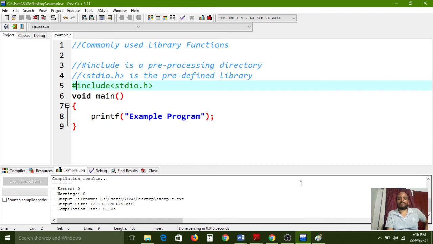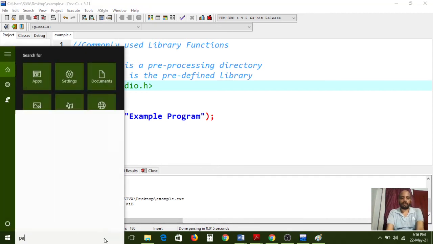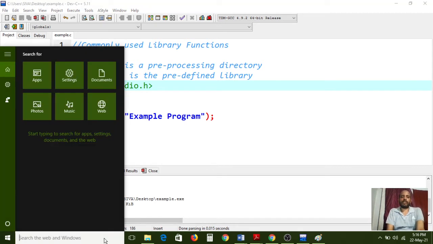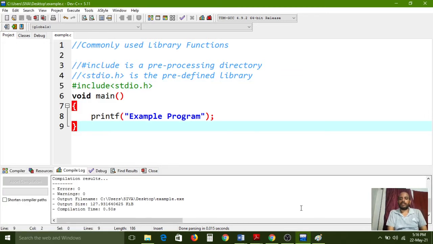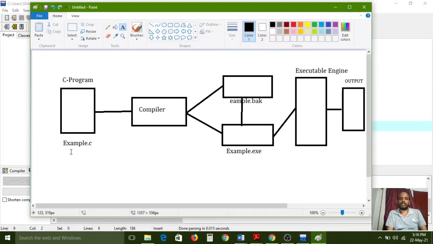So what is the functionality of the preprocessor directive? Before the source code is transferred to the compiler, if you declare hash include stdio.h, first it will execute, without compiling.